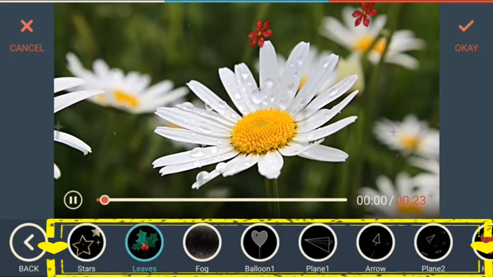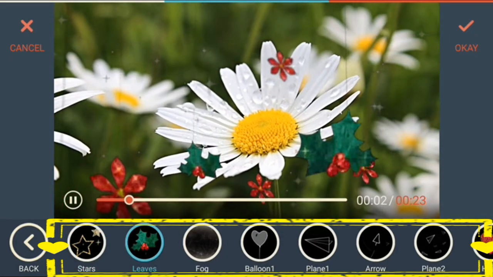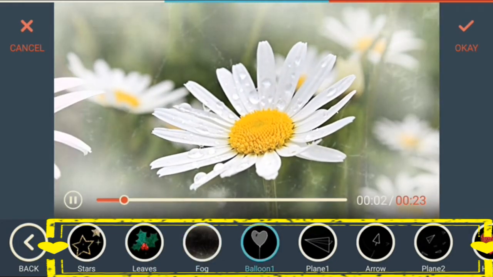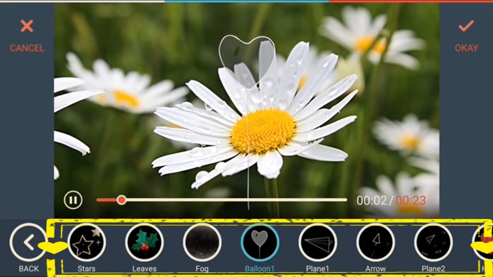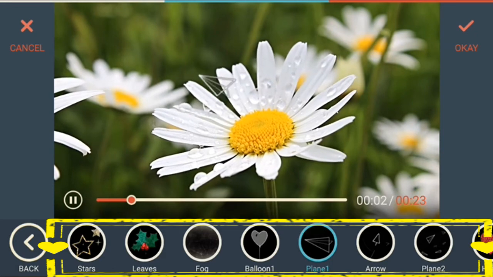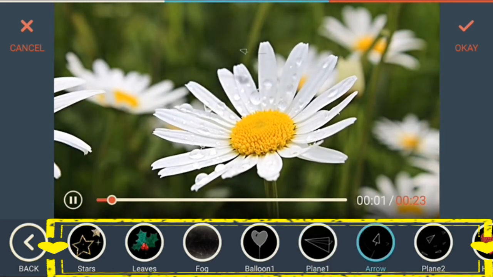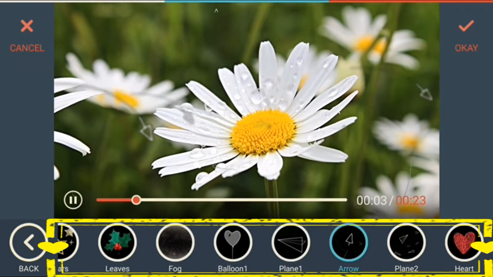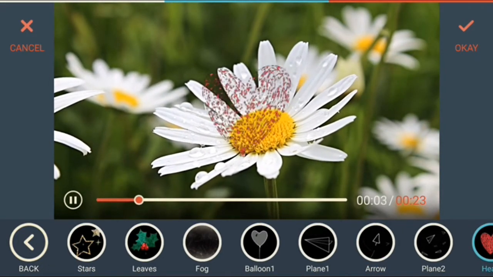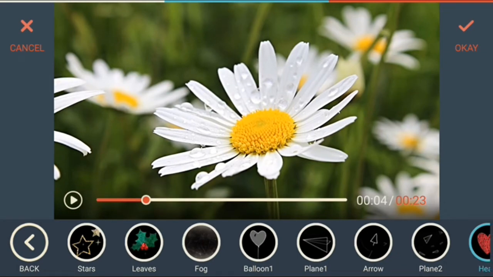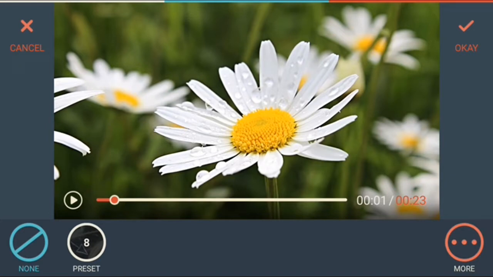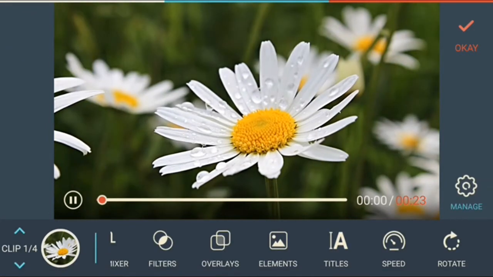If I select leaves, fog, balloon, plane, arrow, heart, so these are the presets provided. I will not select now, I will go back using cancel.